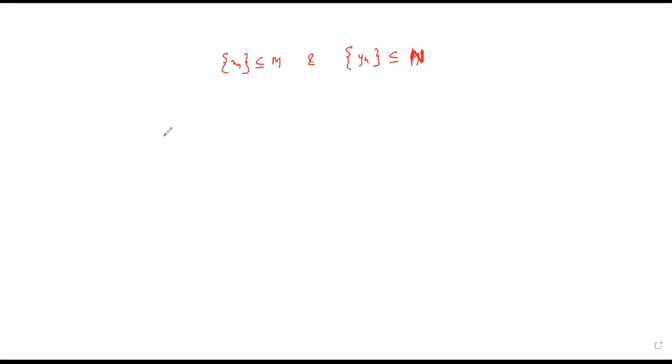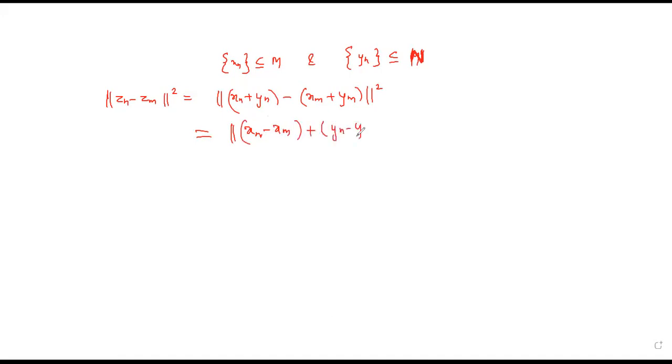So by Pythagoras theorem, ||Zn minus Zm|| square can be written as ||xn plus yn minus (xm plus ym)|| square. But because vector addition is commutative, it's an additive abelian group, I can write it as ||xn minus xm plus yn minus ym|| square, and of course ये जो xn minus